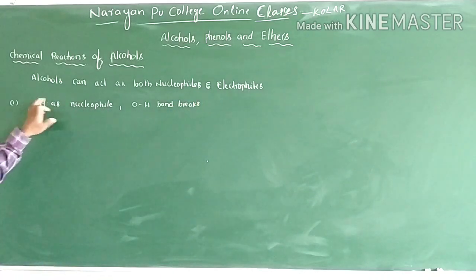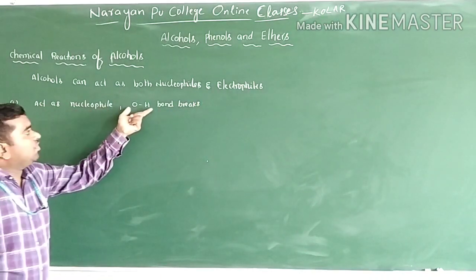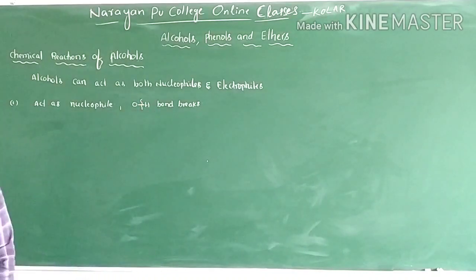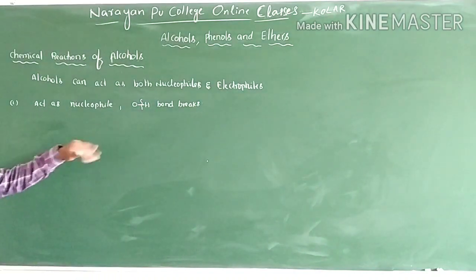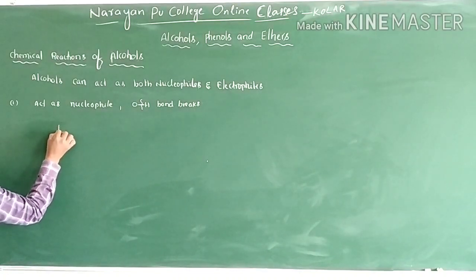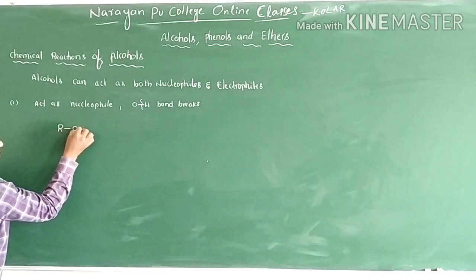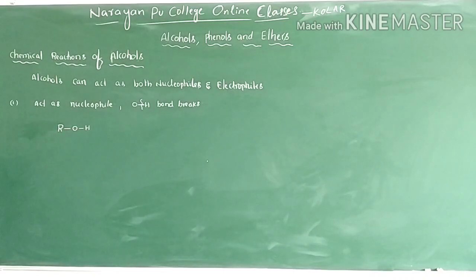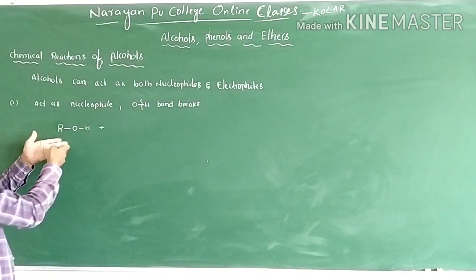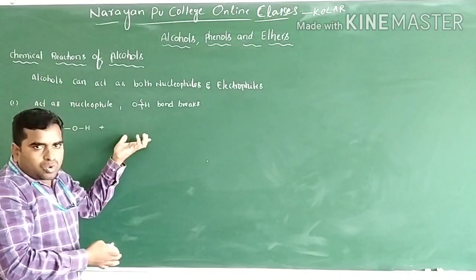See, whenever alcohol acts as a nucleophile, which bond will break here? OH bond will break. Clear? Let me consider one example. The general formula for alcohol is ROH, and when it acts as a nucleophile, there should be an electrophile to